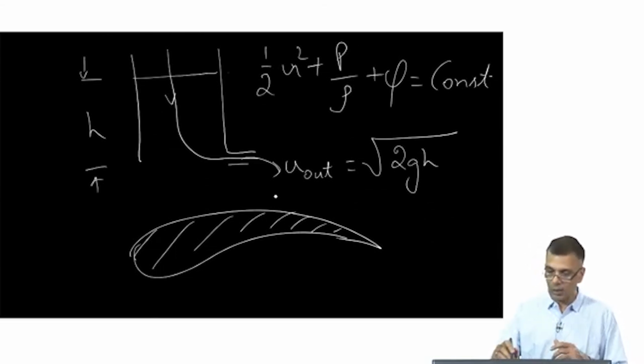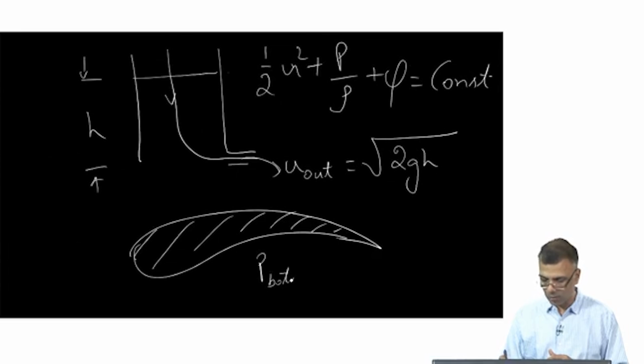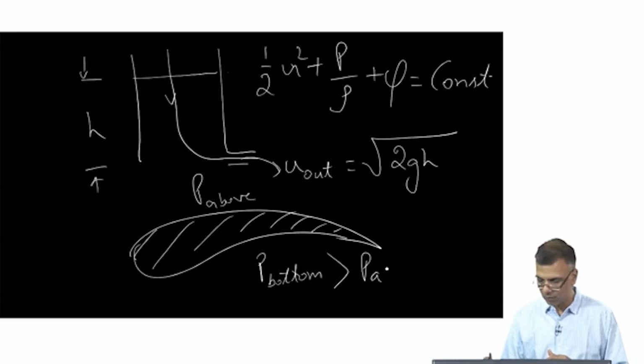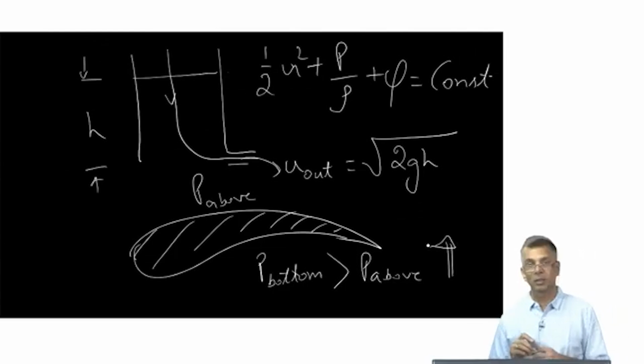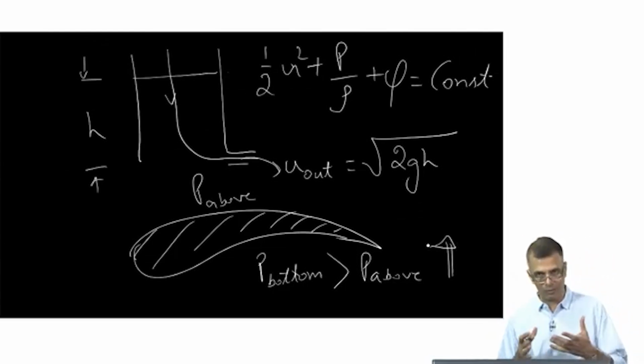As a result, in order for this quantity to be conserved, the pressure at the bottom, P bottom, and P above, the P bottom is greater than the P above. As a result of which, you get a net upward force. This is a very, very simplistic, very elementary